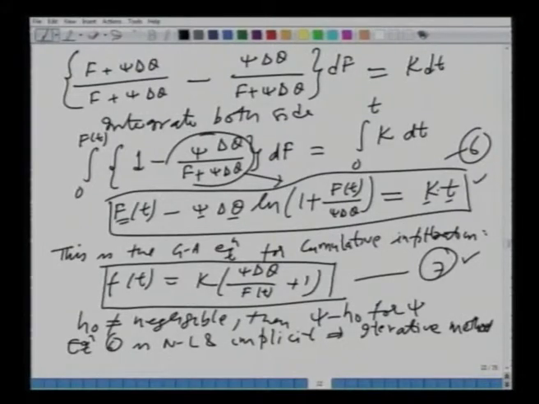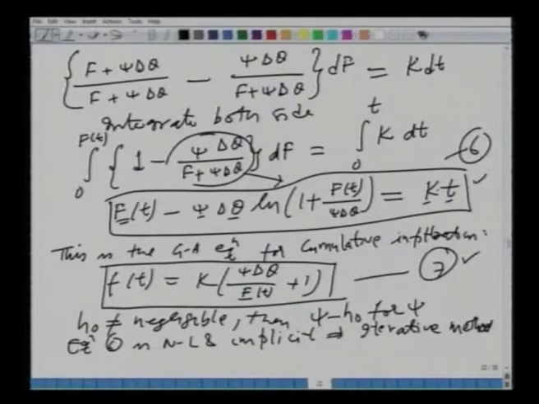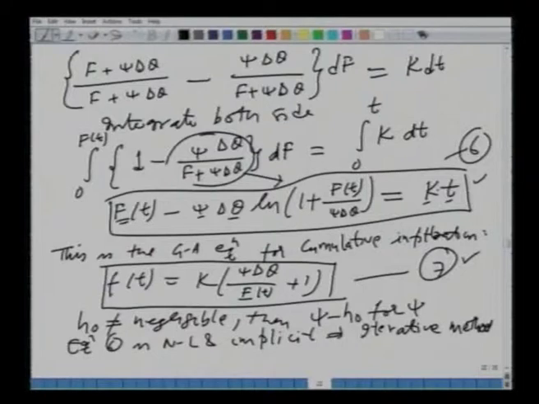So, you see that this equation 6 is an implicit equation and it is non-linear in nature. So, we need some kind of iterative technique to solve it. We would like to take an example maybe in the next class on how to find the cumulative infiltration given the Green-Ampt parameters. One of the advantages of the Green-Ampt equation is that it gives you a relationship between small f and capital F, that is infiltration rate and the cumulative infiltration. Capital F here is the cumulative infiltration and small f is the infiltration rate. This we had derived already.